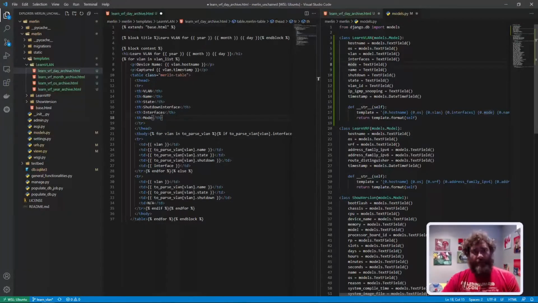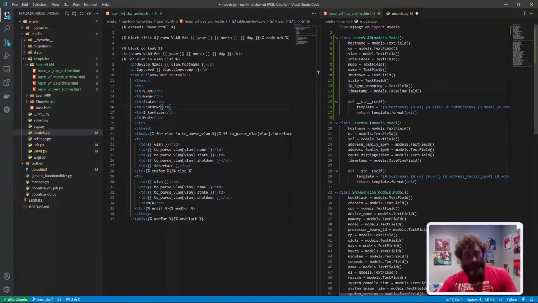Name I have, and I'm just going to say shutdown instead of interface. State and shutdown, name, yeah, VLAN. Okay, VLAN ID I'm not doing. I'm going to actually take it out of the data model as well because I don't need it. It's a replica of VLAN, and then snooping, right? So then